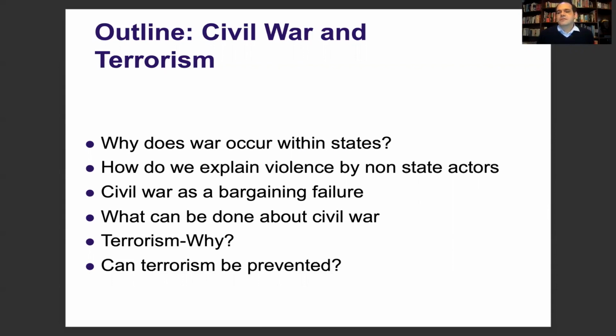There can be serious fractions of society, which can be along cleavages like ethnic cleavages, which can lead to violence of non-state actors as well. But the real question is, where does this come from? How does it explain why some countries and some conflicts lead to situations of violence and up to civil wars, and others not? So is it sufficient to think about civil war only as bargaining failure, or is there more to it? And one of the aspects which suggests that there's more to it is the idea that